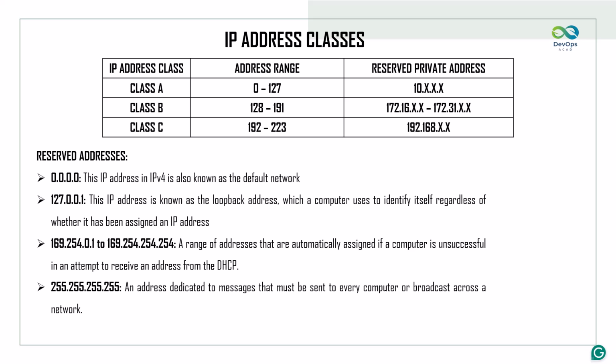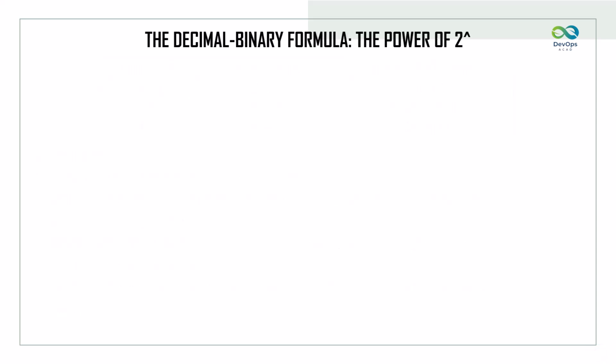255.255.255.255. Is that okay? Now, let's get into the mathematics behind these numbers. That is what we refer to as the decimal binary formula, understanding the power of 2. In elementary mathematics, when you do binary to decimal conversion, you have what